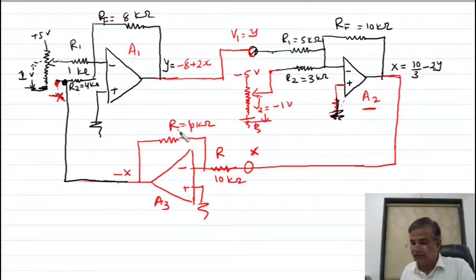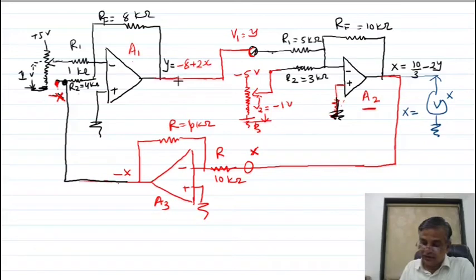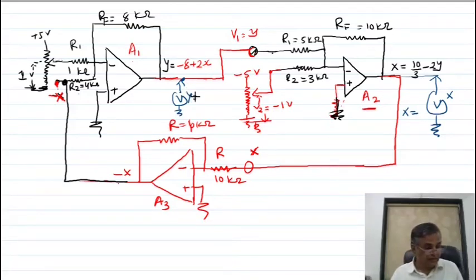Now if you connect the meter here between this and ground, you will measure X. If you connect the meter between this, you will get Y. Now, what is its value, you can check. This value is 3.13 upon 15. You find the theoretical point by solving the equation, and here you will get minus 4 by 15.